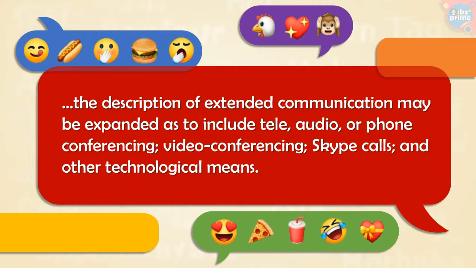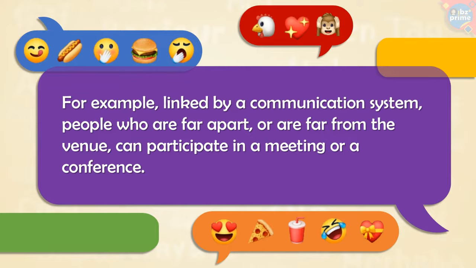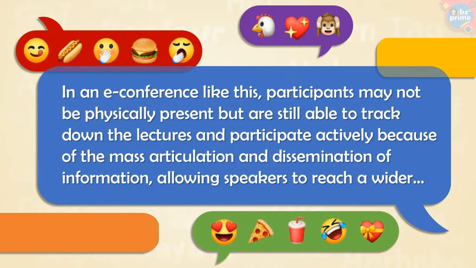For example, linked by a telecommunication system, people who are far apart or are far from the venue can participate in a meeting or a conferencing. In an e-conferencing like this, participants may not be physically present but are still able to track down the lectures and participate actively because of the mass articulation and dissemination of information, allowing speakers to reach the wider group